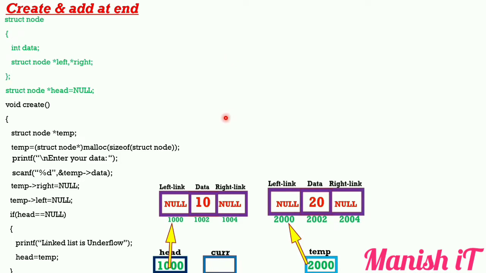So we need one another variable. I have discussed that this variable is current, because we cannot move, we never move our head pointer within our program. Whenever you move the head pointer, our compiler gets confused and does not print the exact values that are there. So we need to fix our head pointer and use another pointer, whose name is current. So current is also initialized with 1000 and starts pointing to the base address of this first node. See this, after initialization with 1000 it starts pointing here.